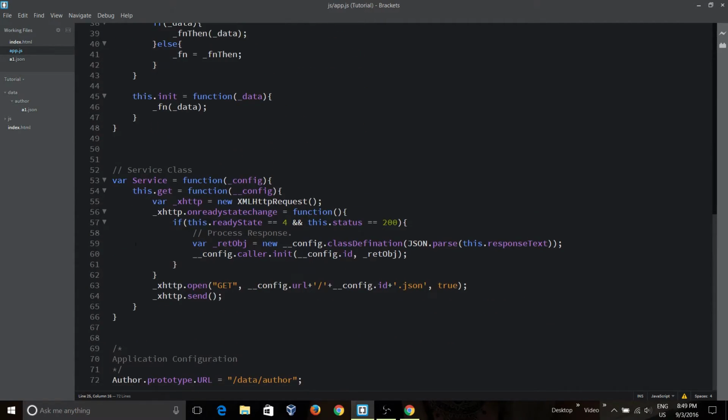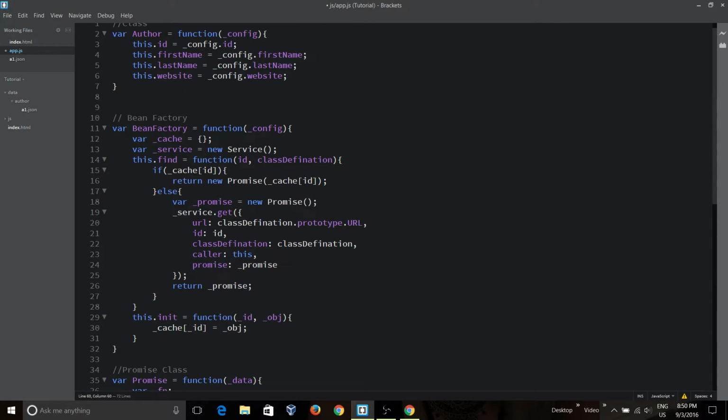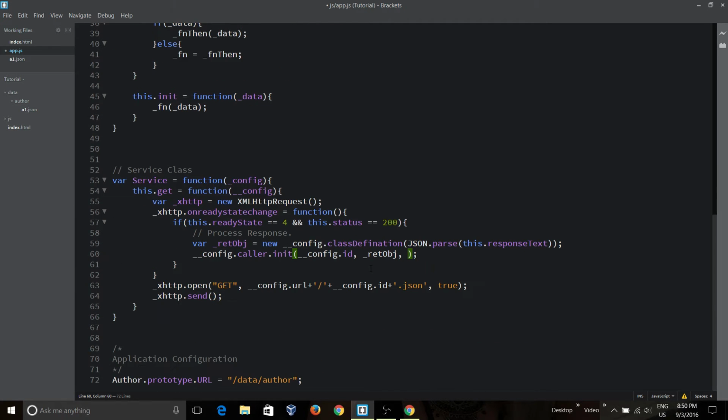Okay, come back to our service implementation. So what we did here is we are actually calling the caller and then the init method to actually create the bean factory instance. And rather than doing that, what we are going to do is pass something. So now we have ID, and we will pass one more thing. If you remember, we pass it as a promise in the service get method parameters, so we can access that here. So what we do is config dot promise. So we are returning this promise again to our